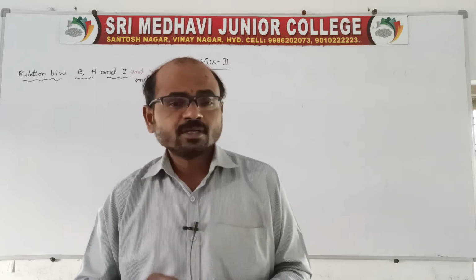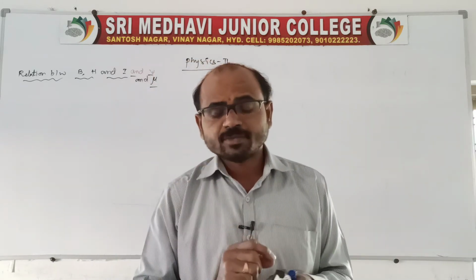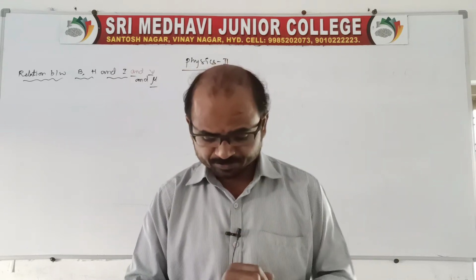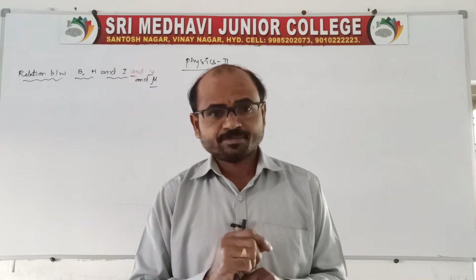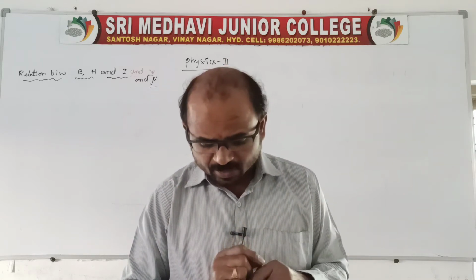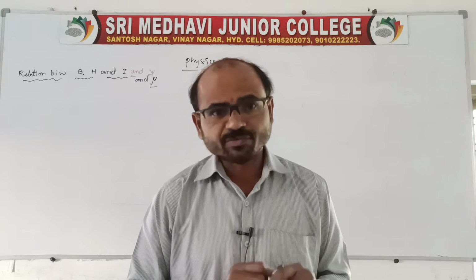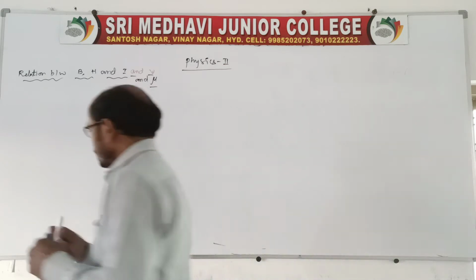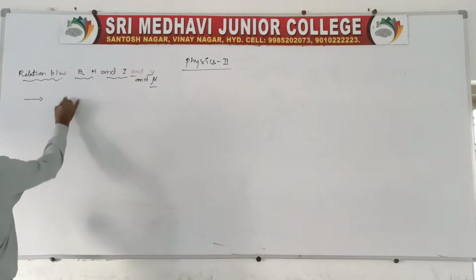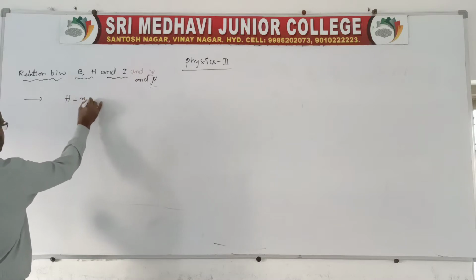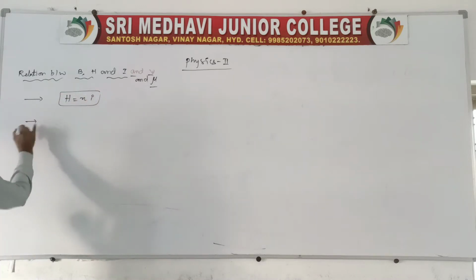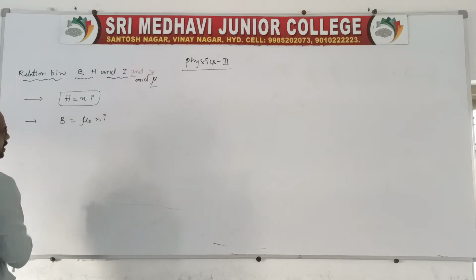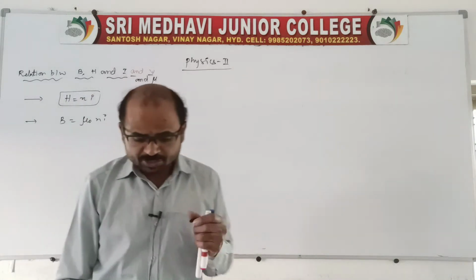And coming to the point, we'll see about a solenoid. Of course we know the solenoid contains N number of turns and carries a current. For a solenoid, the magnetizing force capital H is equal to Ni. Why Ni? Because we know capital B is equal to mu naught into Ni, right? That means here, for a solenoid, it is the magnetic induction at the center.